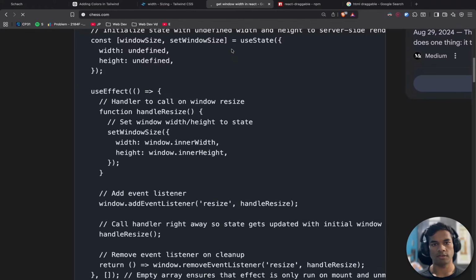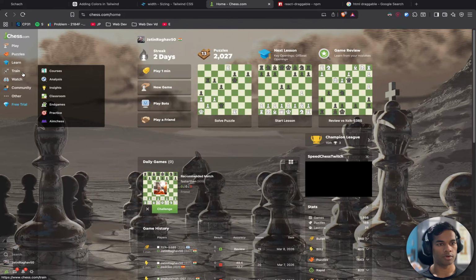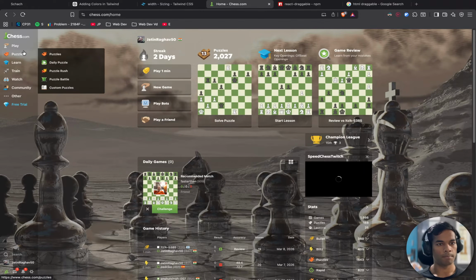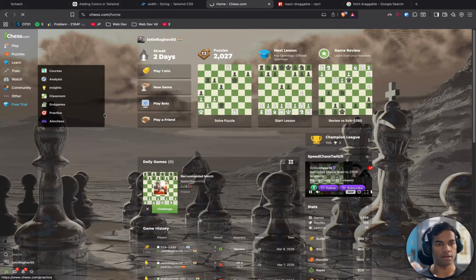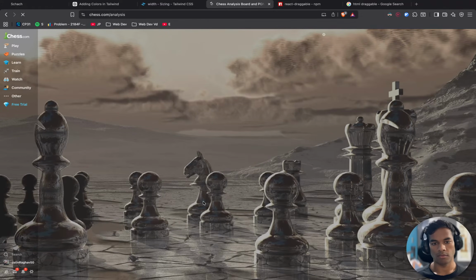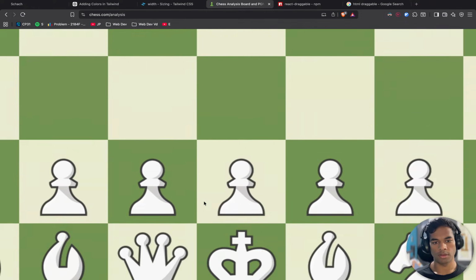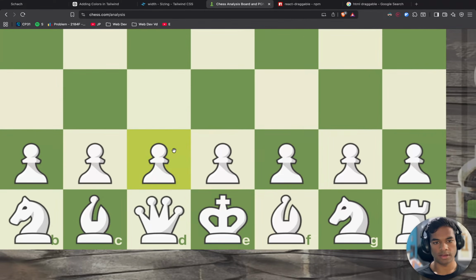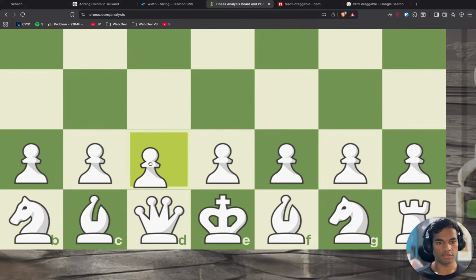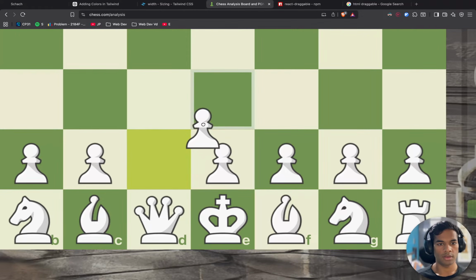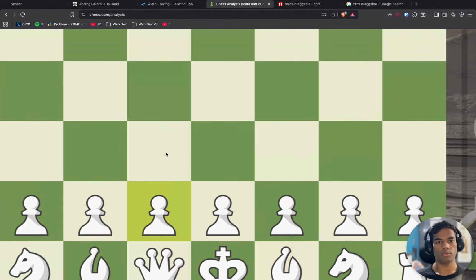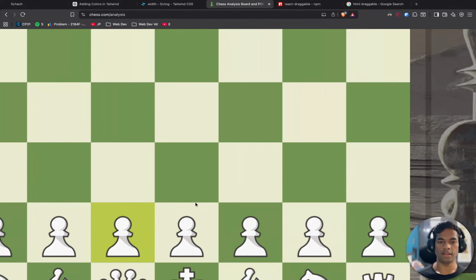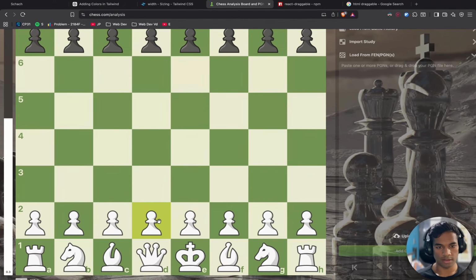In chess.com, when I click on a piece, it goes away. Chess.com knows which piece is selected. Okay, so before making the piece move, let's make this animation.